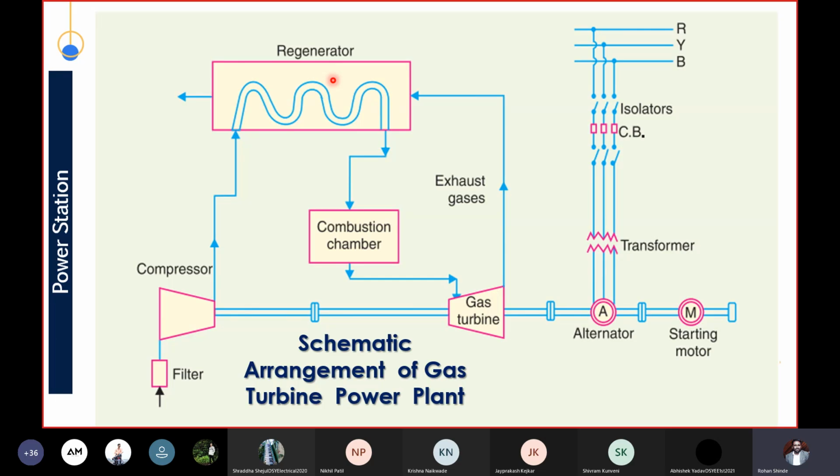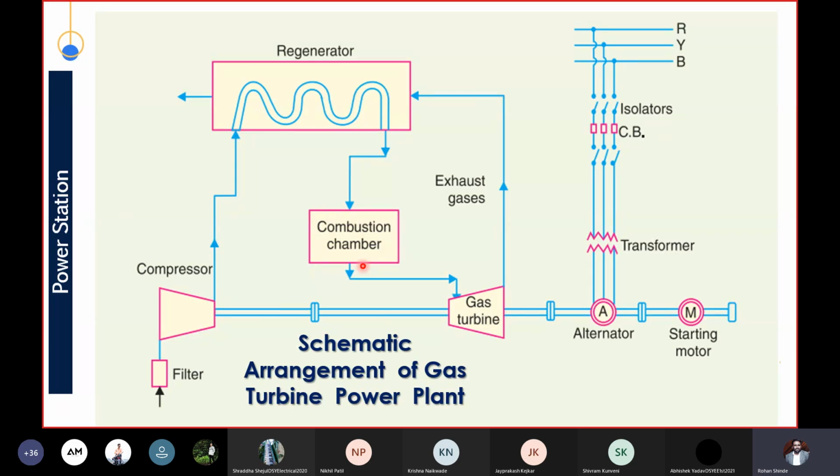This heat is exchanged with this air. Now the temperature of this air will increase from 0 to a minimum value, that means from 0 to 20 or 30 degrees Celsius. The remaining temperature, or high temperature, should be